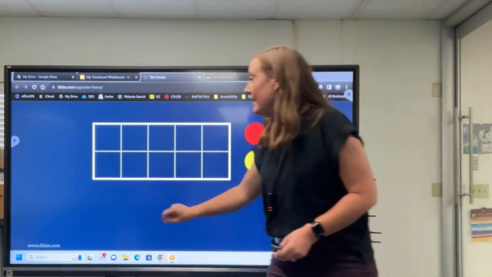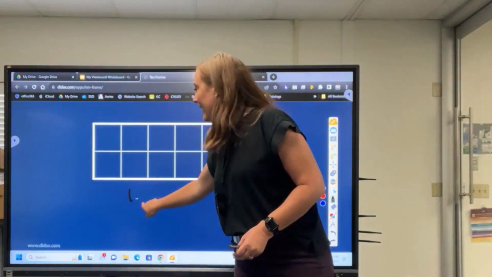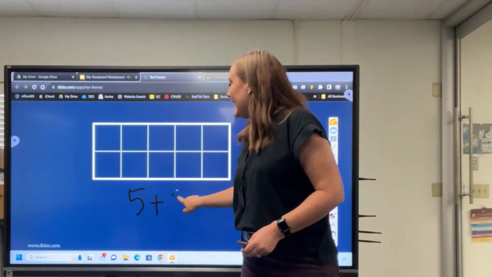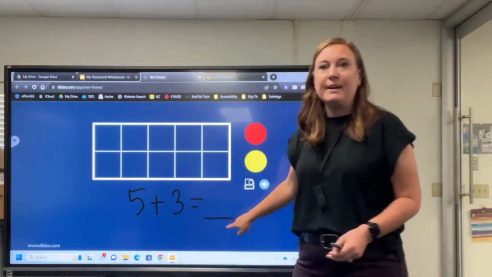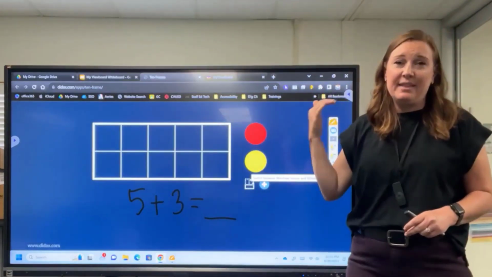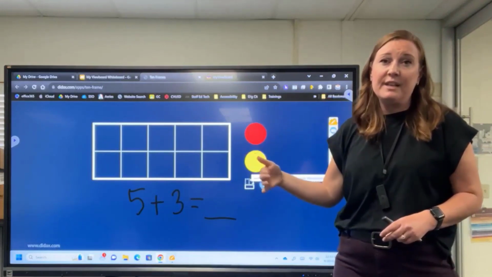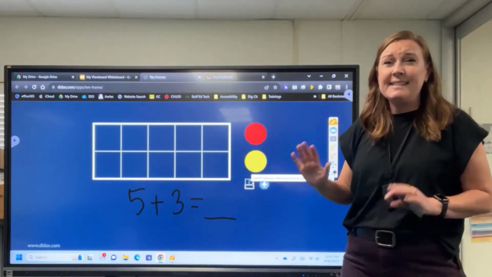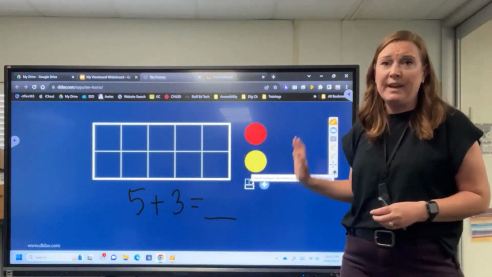We did this together, and now I want to say, okay, I had 5 red counters and I added it to 3 red counters, what's my total? So I still have that available. The nice thing about using this tool compared to using the overlay tools is I still have interaction with my